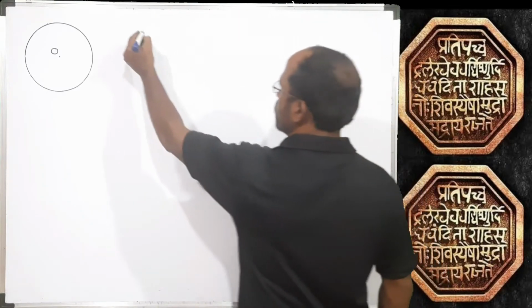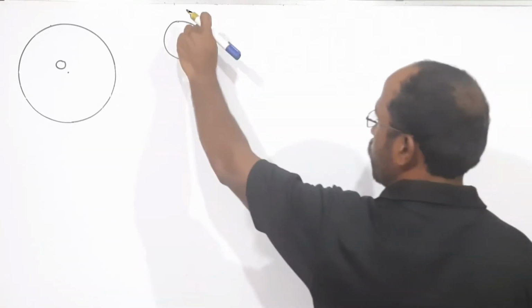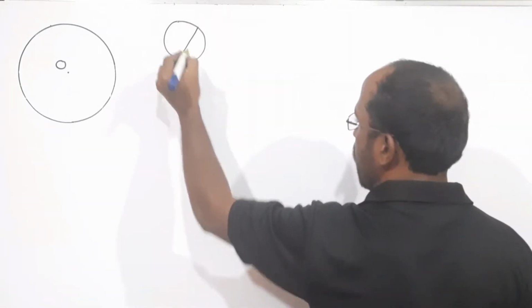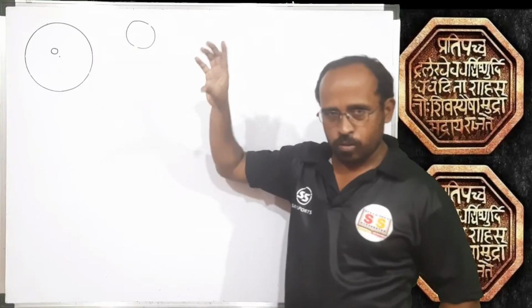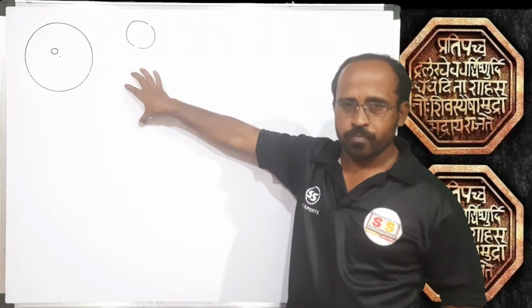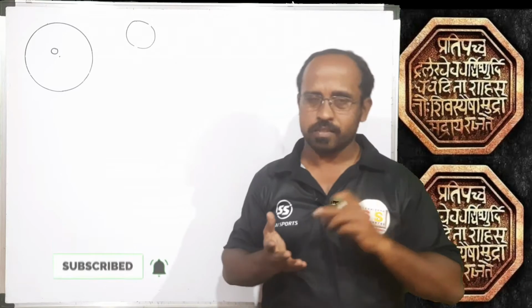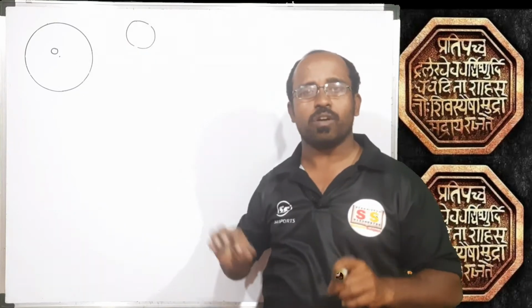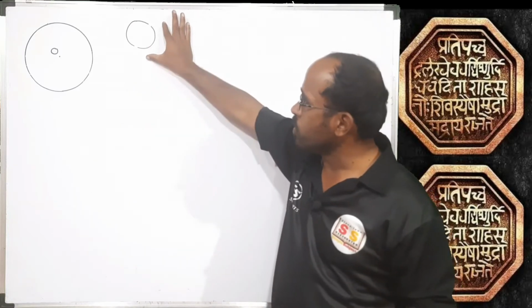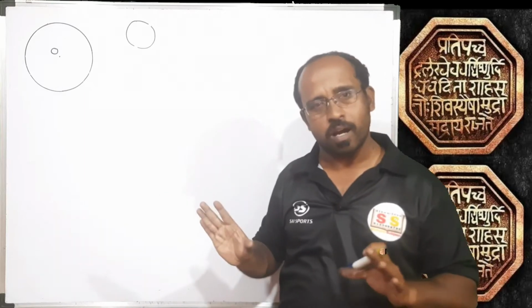First of all, let us try to understand what is meant by arcs. Suppose there is one circle and we cut it at 2 points. Suppose a chord I have drawn, or a circular bangle which is cut. Okay students, now we have seen what is meant by chord, diameter, radius, circumference. So what will you call this cut part? This part is called an arc. So the sub part of circumference is called an arc.